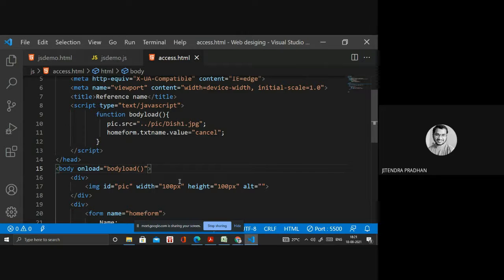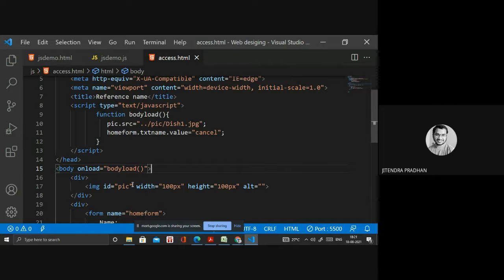One thing is that if you give a button inside that, when you click the button, you can show all these things. In the previous section I told you how we give that, because I used body load, when my page is loaded. But if you want, when you click any button, to show all these pictures and text whatever you need, you can do that also.